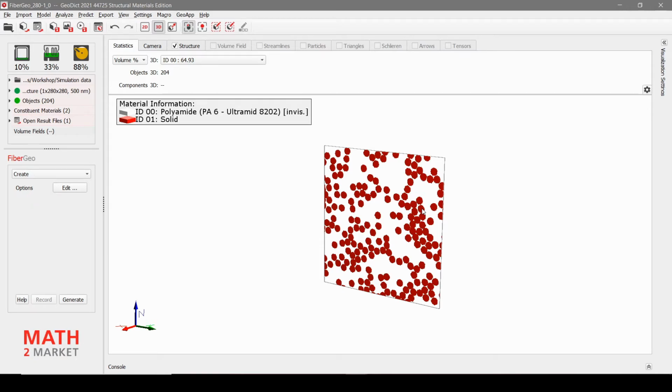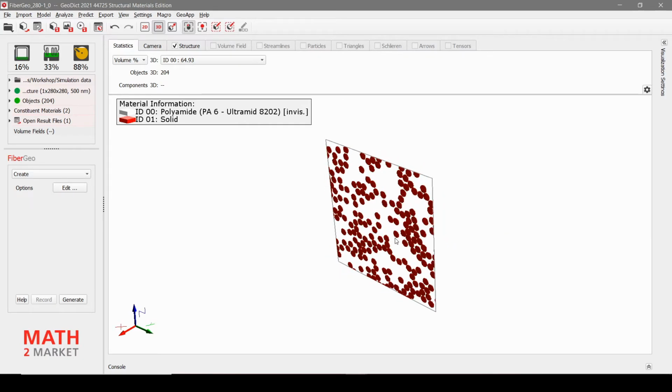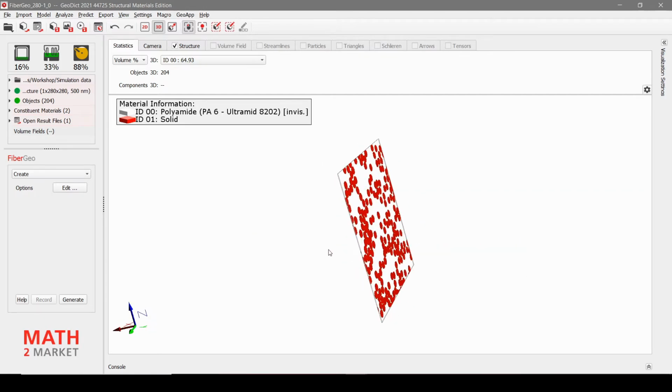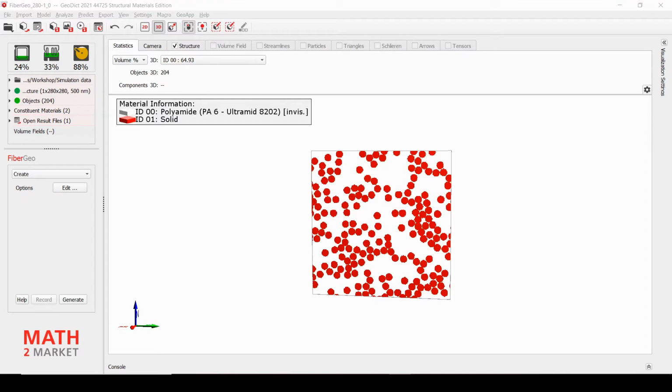Of course, that is only possible if you have a periodic structure. But because we did eliminate the misalignment of 5 degrees and we only have 1 voxel, we can assume that every voxel that is on that boundary is also connected to another voxel on the other side. So we have a periodic structure, and we can assume periodic boundary conditions during simulation. And what we want to do now is to run a simulation with plastic deformation of the polymer.